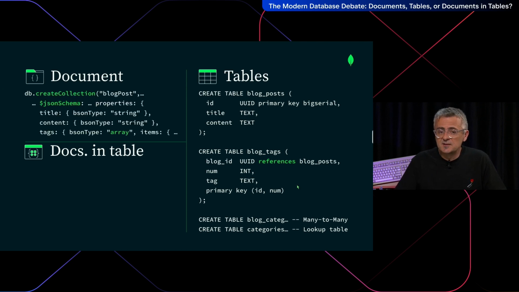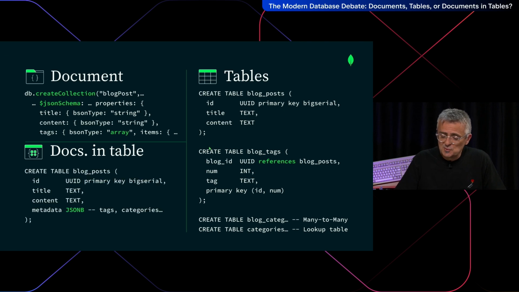If you model that as document, like in a document database, you will have one document that has all information. If you have put the schema validation, which is not mandatory, but you can just to be sure that you have a schema. And the tags, you just put that as an array in it because you can.